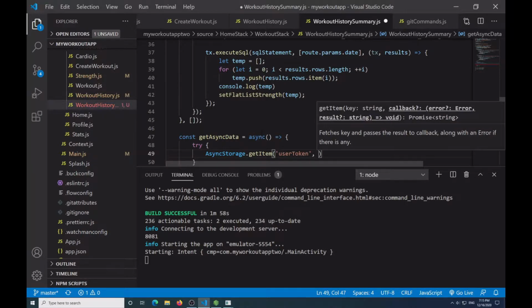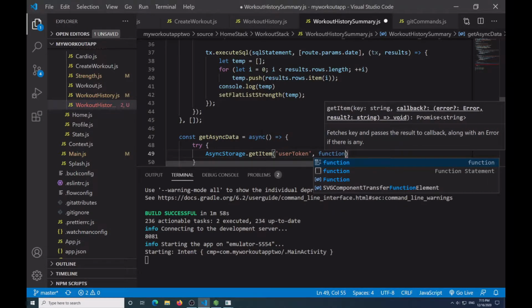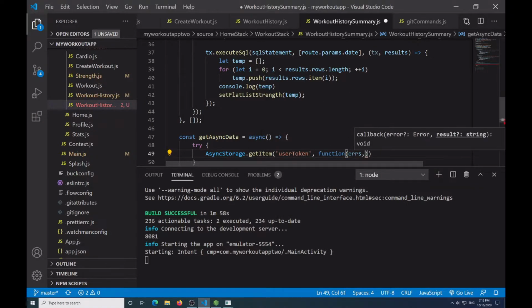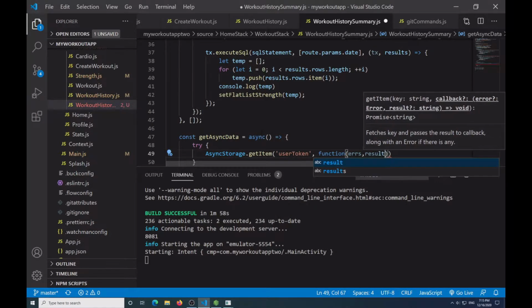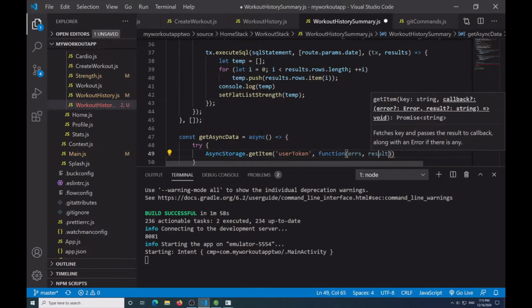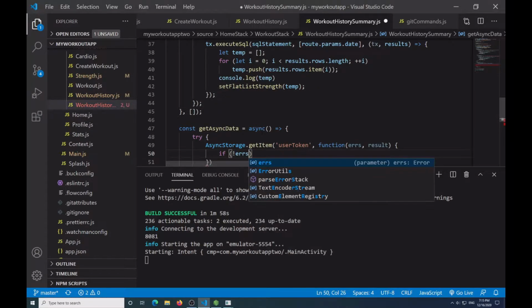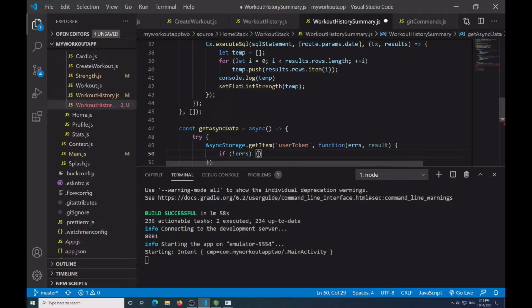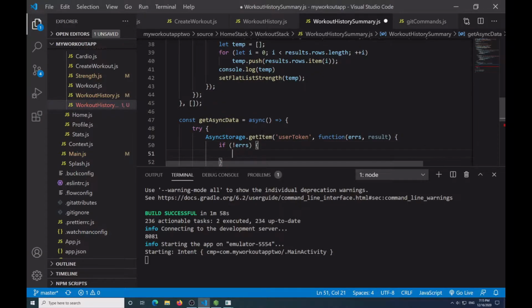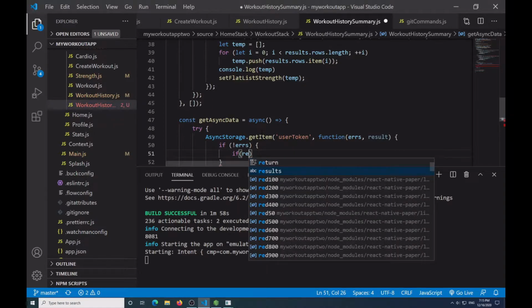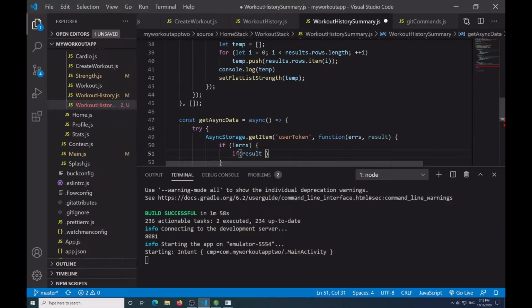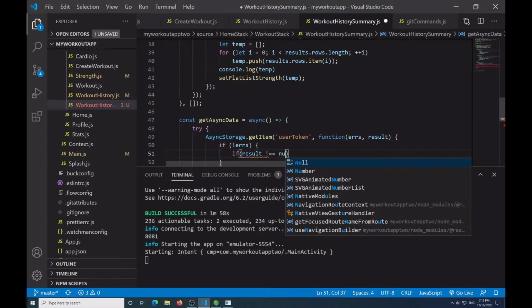And I'll have a callback function, we're passing the function errors and result. So let's say if there are no errors, and if the result does not equal null,